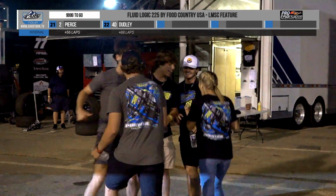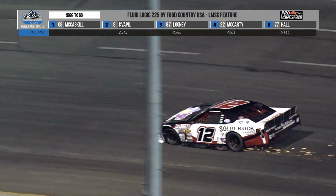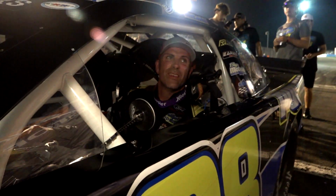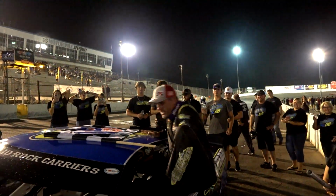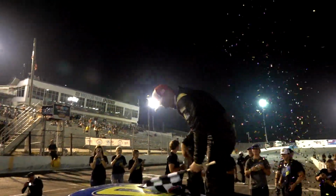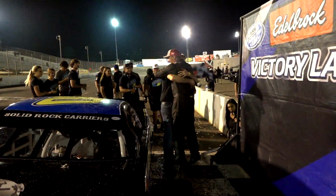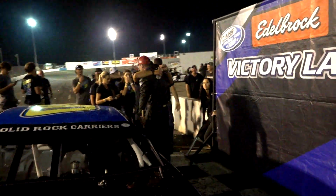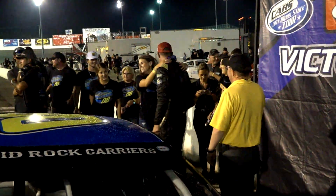We will go talk to Deke McCaskill here at Motor Mile in Edelbrock Victory Lane as you see the team and the family all happy. Kaden Honeycutt finishes after the flag. The fist pump comes out of that race car. Deke McCaskill wins here at Motor Mile in the Fluid Logic 225. He'll come around. There's John West, his engine builder. He'll get the cold water bath, the hugs from the daughter,